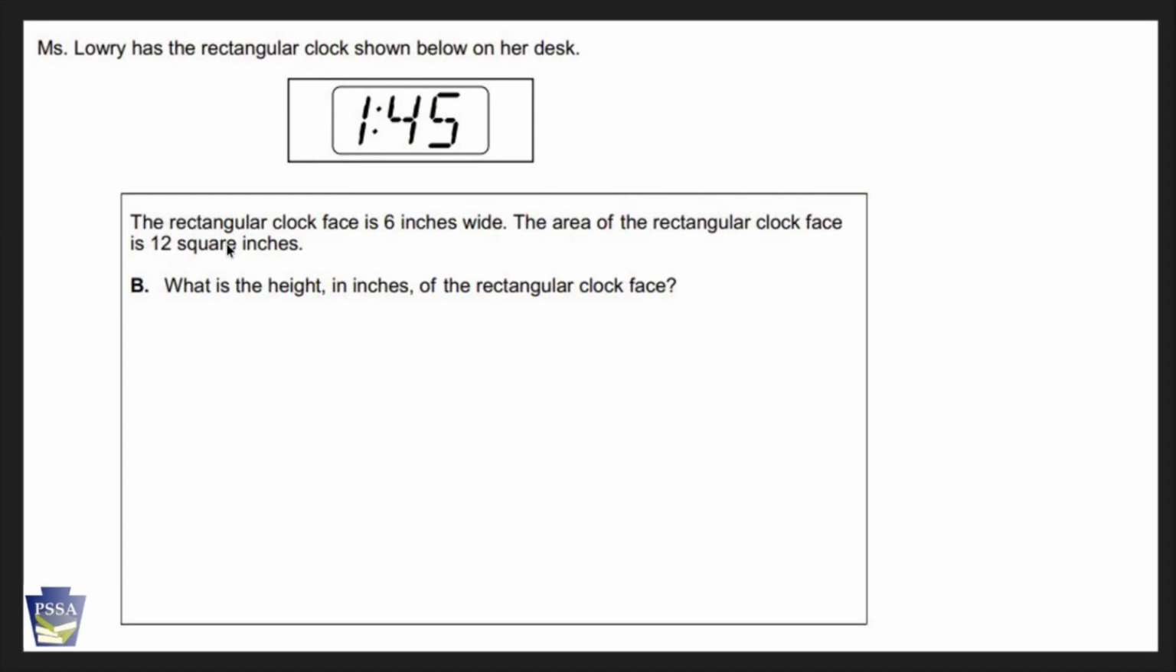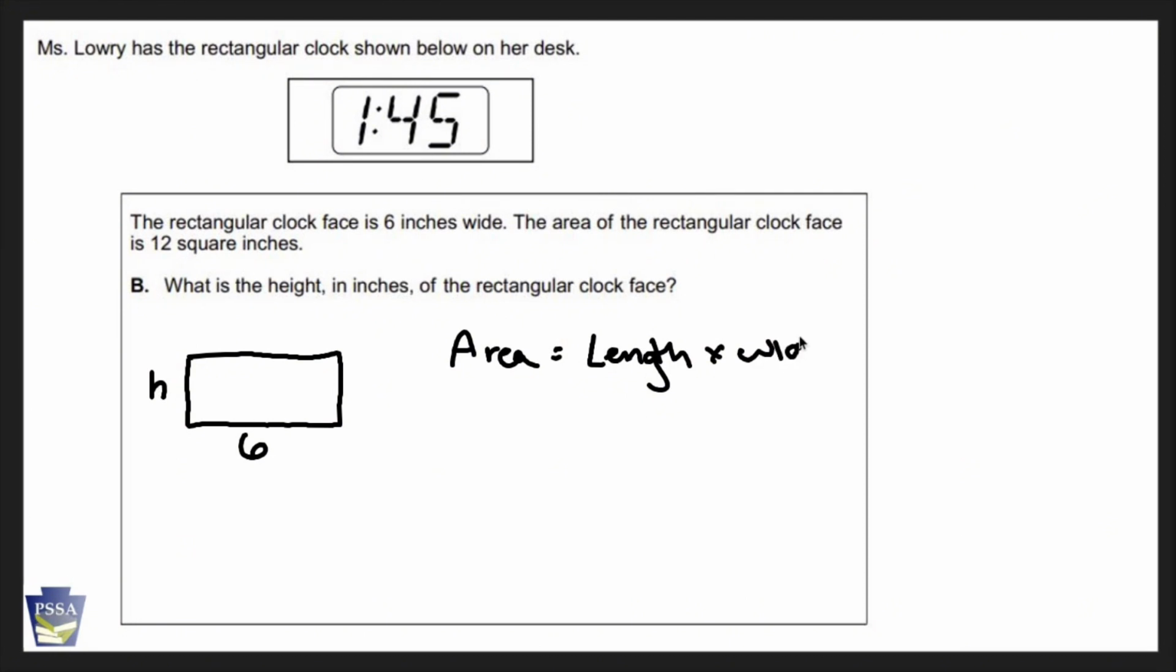Part B, same exact picture. The rectangular clock face is 6 inches wide. The area of the rectangular clock face is 12 square inches. So all right, let's draw a picture because we can. You are 6 inches wide. Now, they want to know the height, which we will pretend is the letter H. They tell us that the area is 12 square inches. Now, how do you find an area? You find an area by doing length